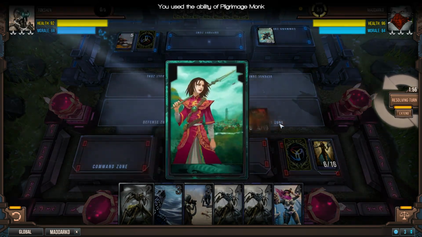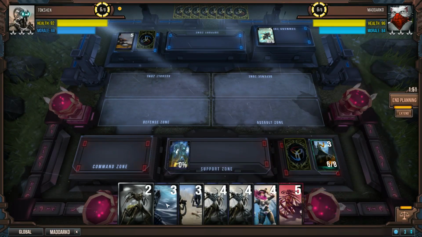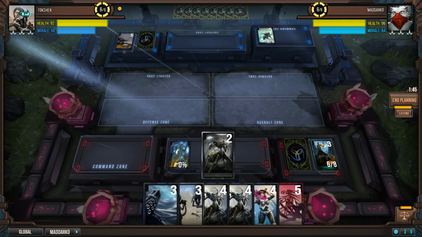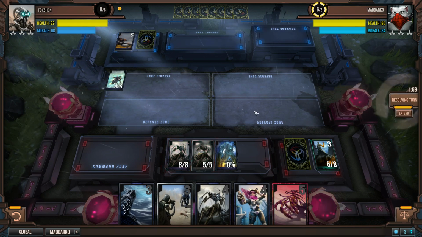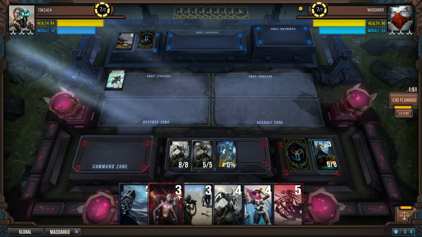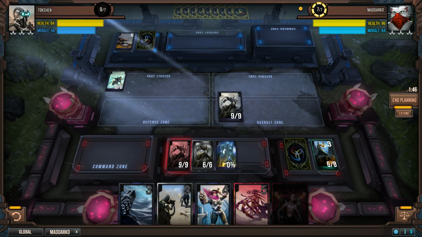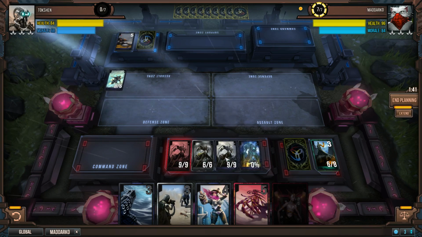Ouch. Or I guess he already died. I just did not even notice. Okay. Alright, so he has an 8/6 flyer now. Let's force our opponent to discard some cards. Deploy this guy. And actually...